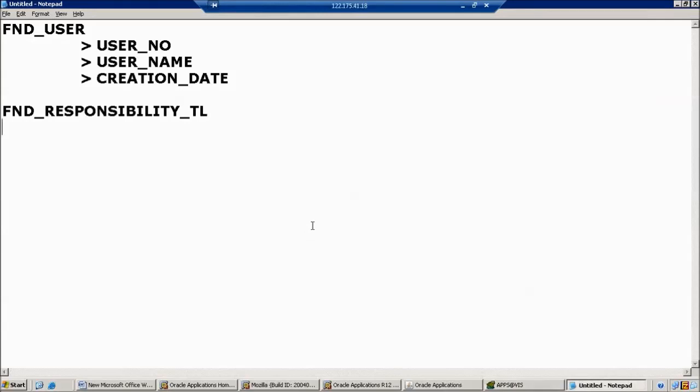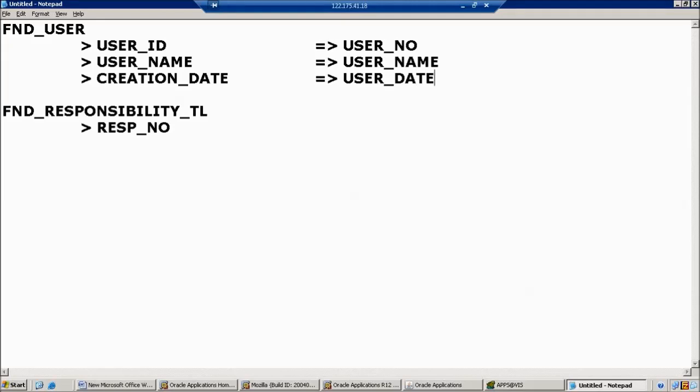Now in that FND responsibility TL, we choose the responsibility ID as a number. User ID as a user number, username as user name. For your understanding only, I want to write it this way. And the creation date as user date.